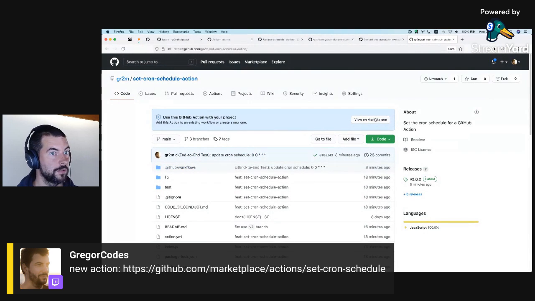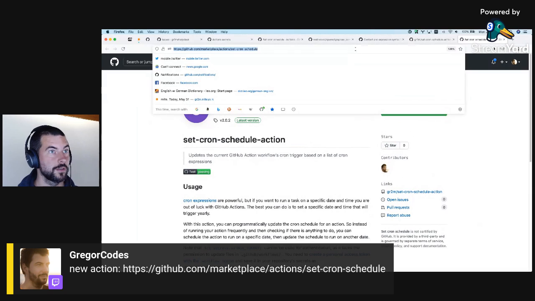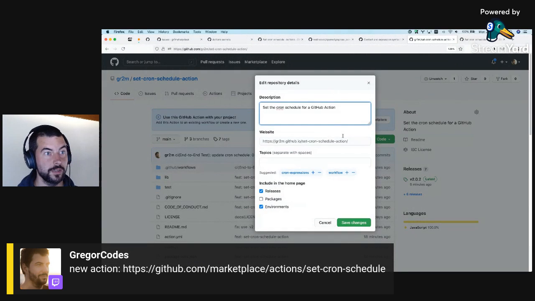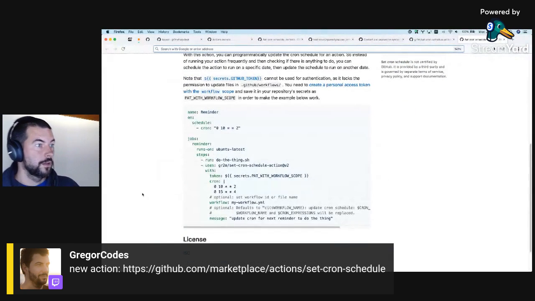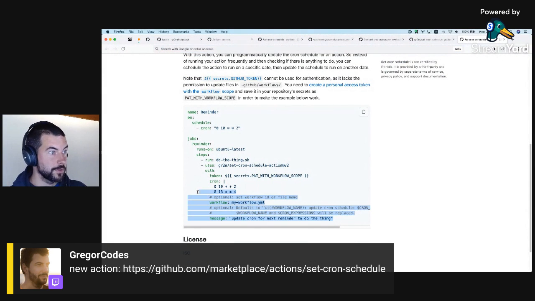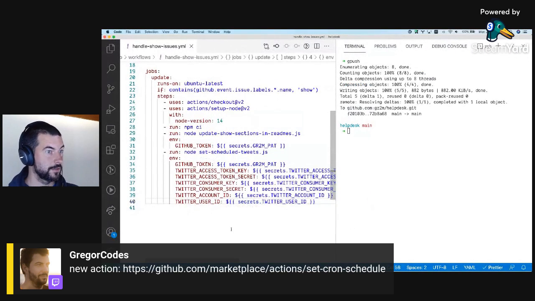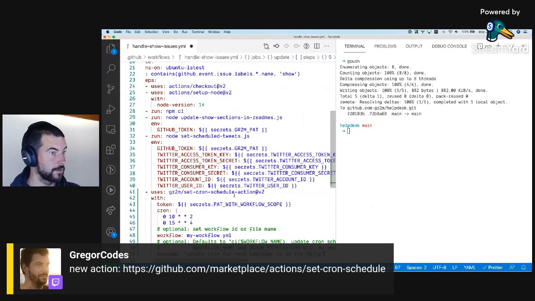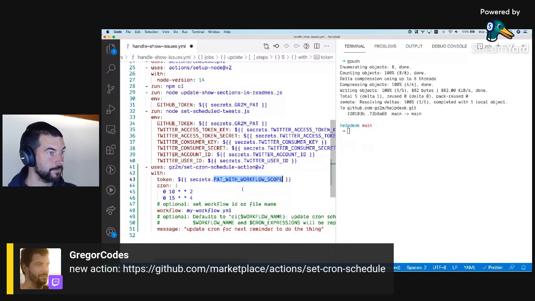This is now on Marketplace. I should probably set this as the website so it's easier to find. Okay. So basically I want to run this. I call this gr2m path for personal access token with workflow scope.